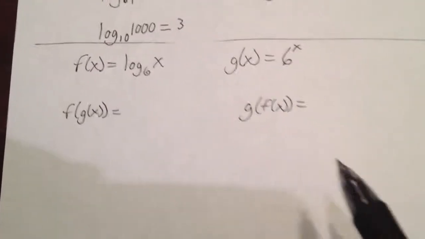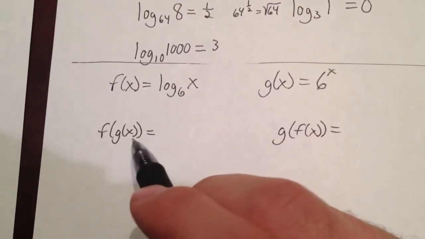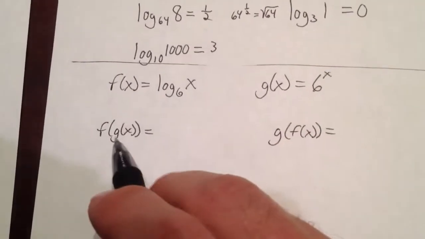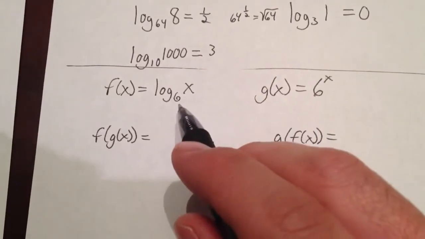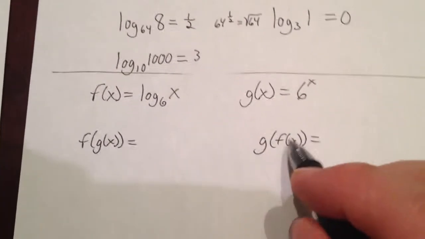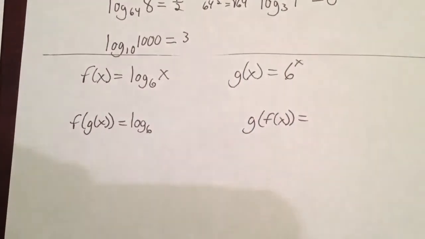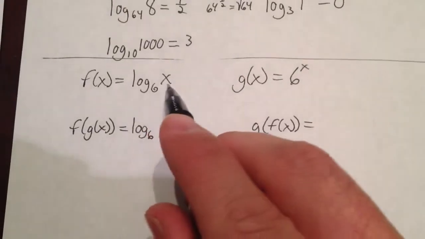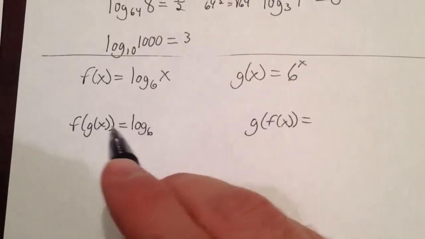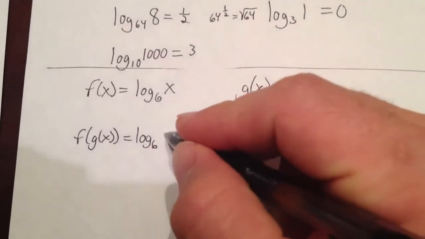If you remember back to the last chapter when we said things are inverses of each other, we said they undo each other. In other words, if I take f of g of x and g of f of x, I should get x because they should undo each other. So if you look at it, it should make sense for this one, because if you take the log base 6 and you take 6 to the x power, which is g of x, and you plug it into f of x right here,